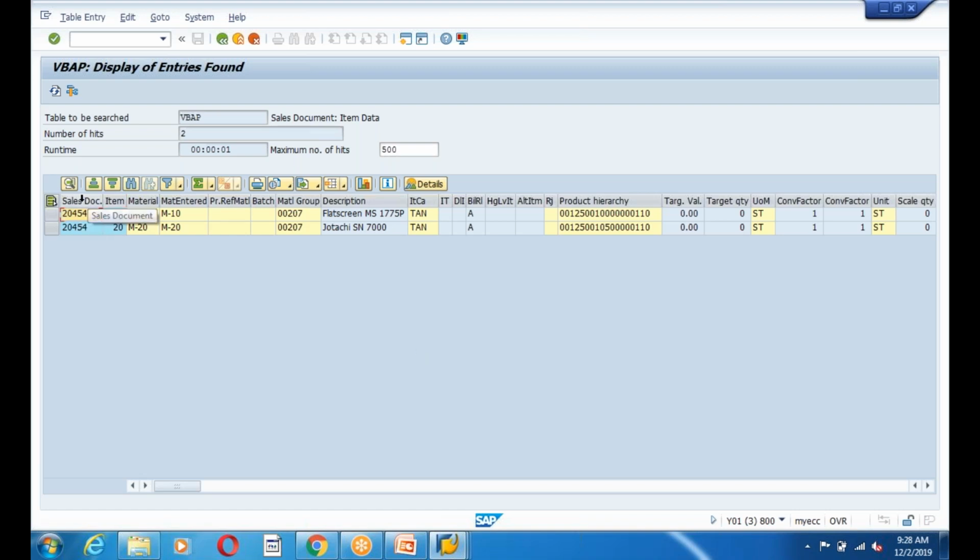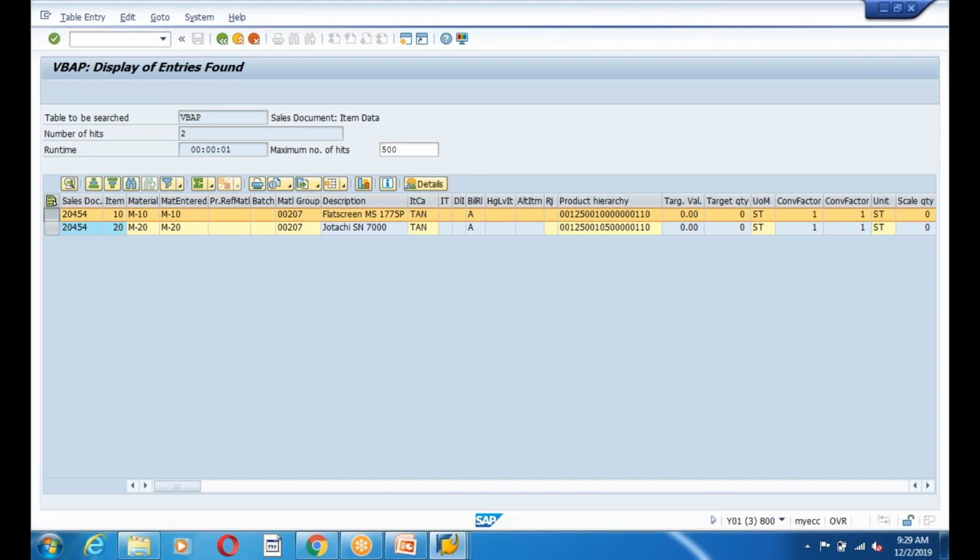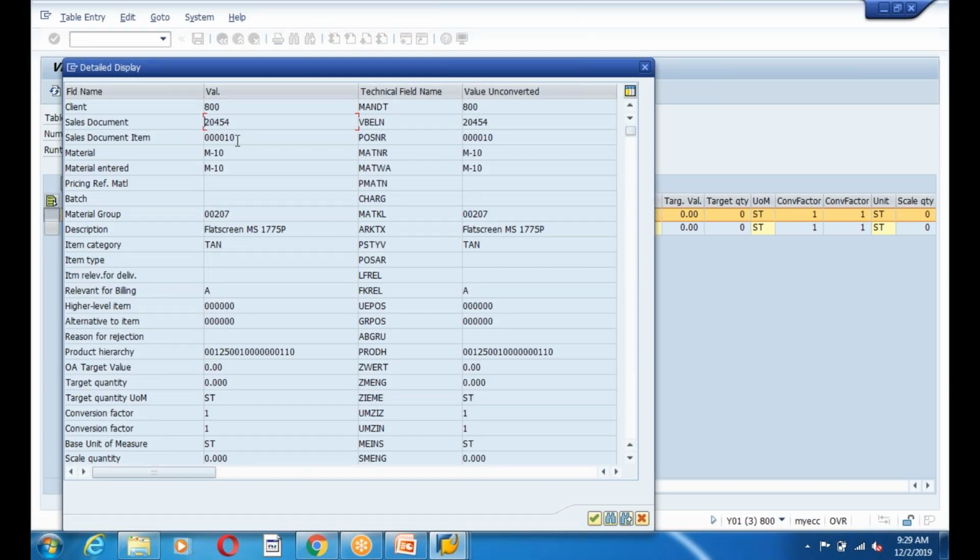And for every business there are technical solutions, guys. So this is my item table, and you can see the important things in the items are, so yes, 20455 order and item. See, guys, the material data will be stored in item because it's an item detail. Even in VA01, if you see, this is there in the item details, right? The material, and also you can see the quantity.